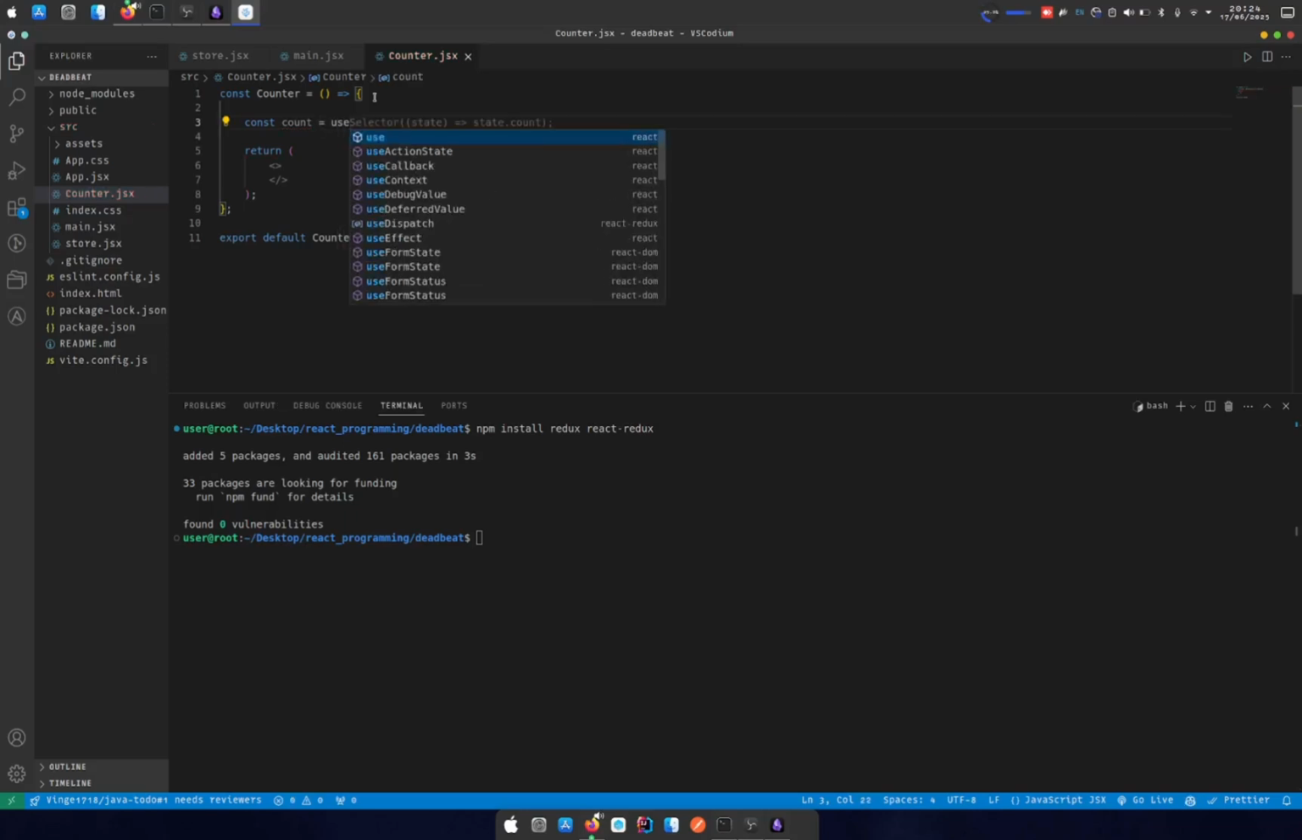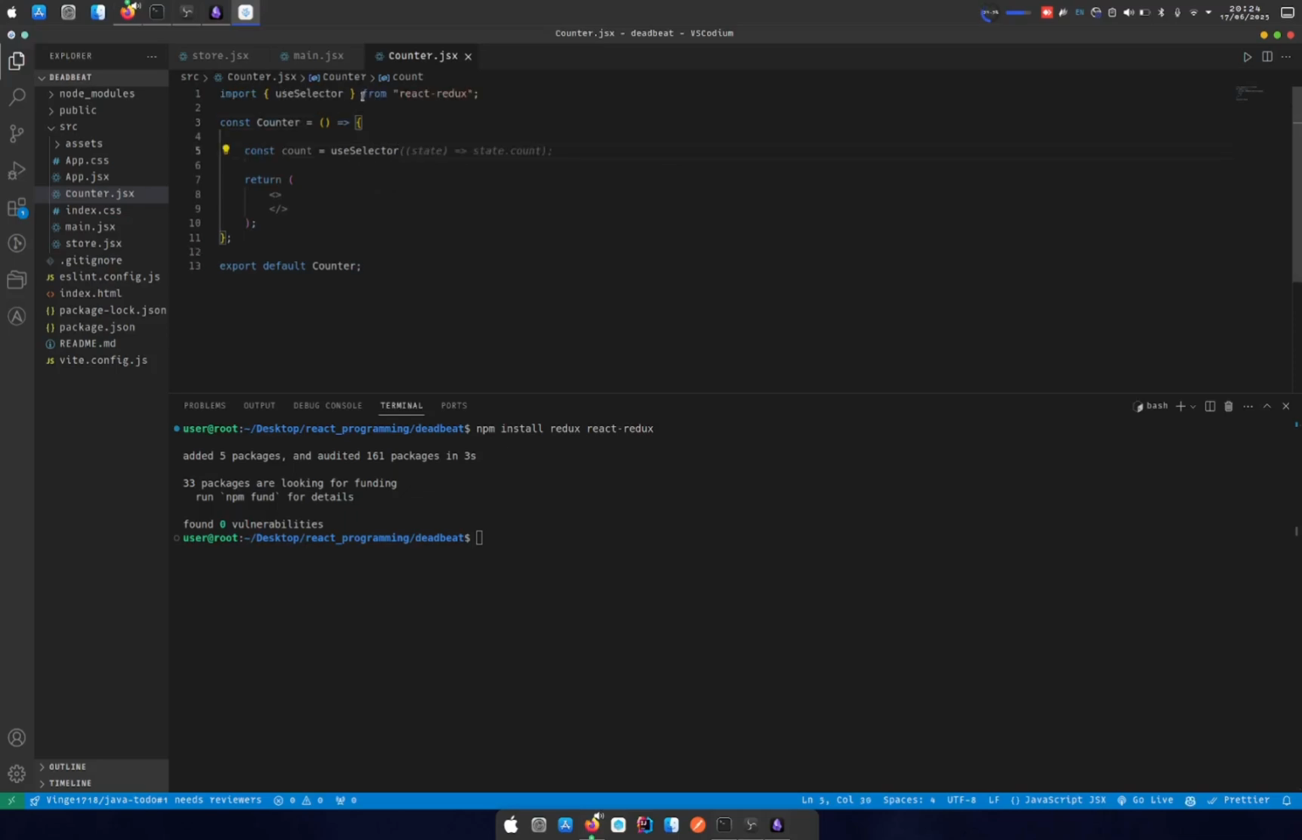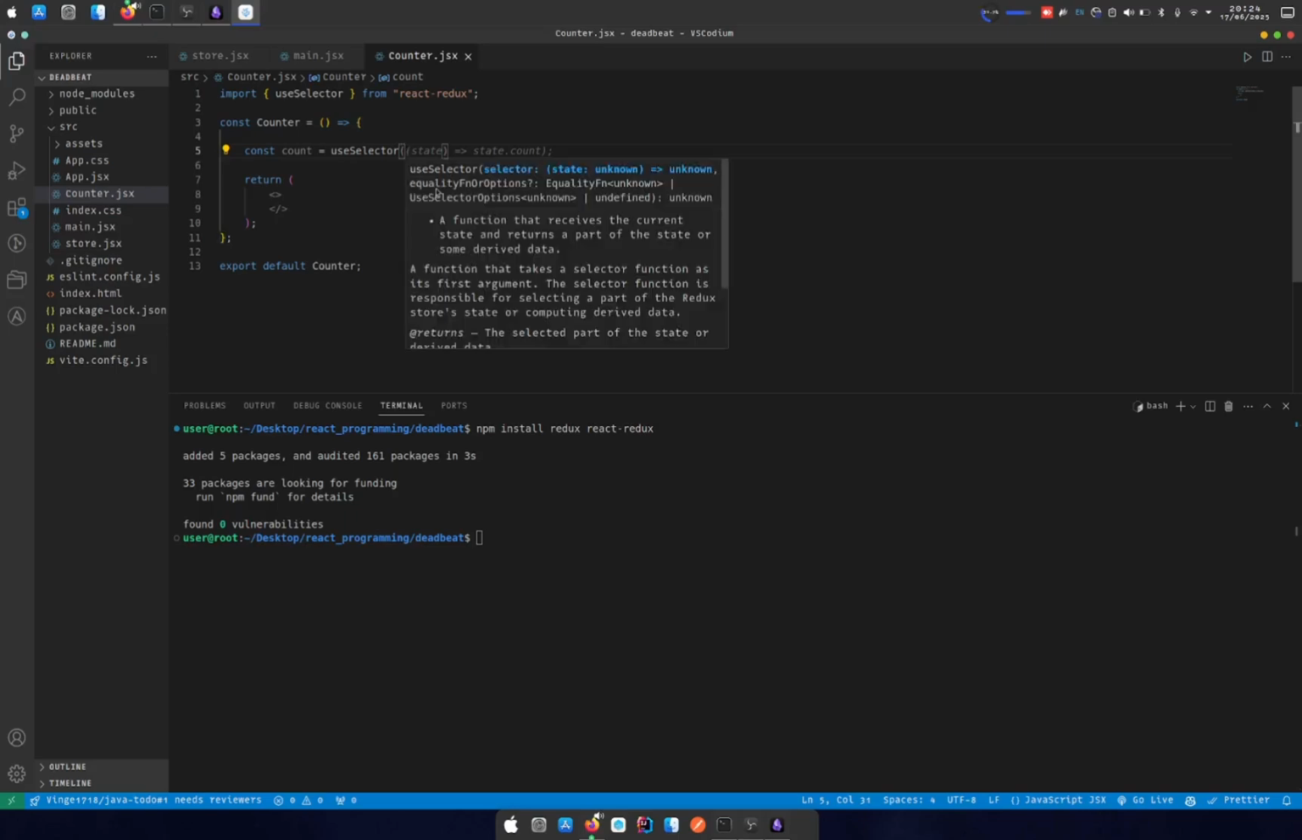So the first thing we want to do is get this count using useSelector. I hope it's going to import it for me. Yeah, you can see it has imported useSelector from React Redux. And this useSelector is the one that we use to access the state from the store. All right, so in the useSelector, we pass to it